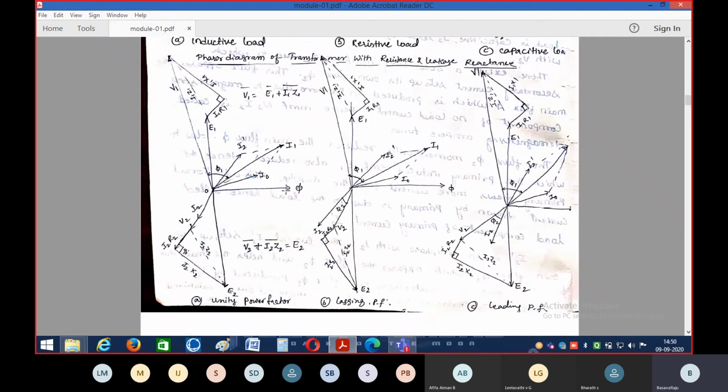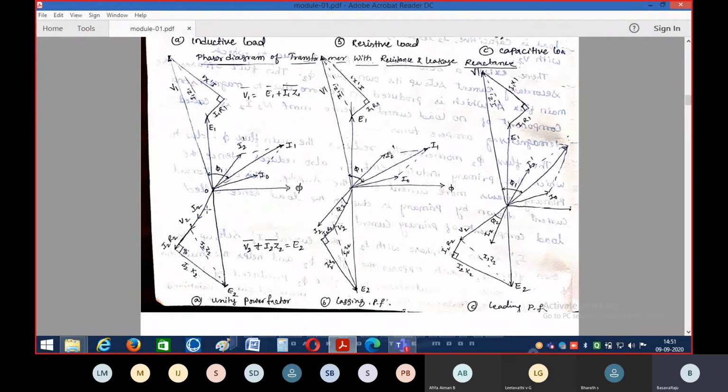See, first I have taken the flux as a reference, then represent the no load current I0. Next, first draw the E2 vector. This is the E2 vector. Next, draw the voltage V2. Since it is unity power factor, the voltage across the secondary and the current flowing through the secondary will be in phase. See here, this is the voltage, and this is the current. In phase we will have. Why? Because we considered the power factor as unity. So in the case of unity power factor, voltage and current will be in phase. Okay. And this I2 current, if you reverse I2 dash, we will have I0 plus I2 dash is equal to what?